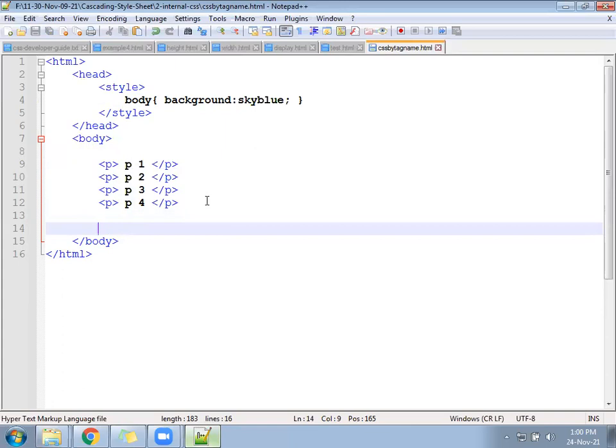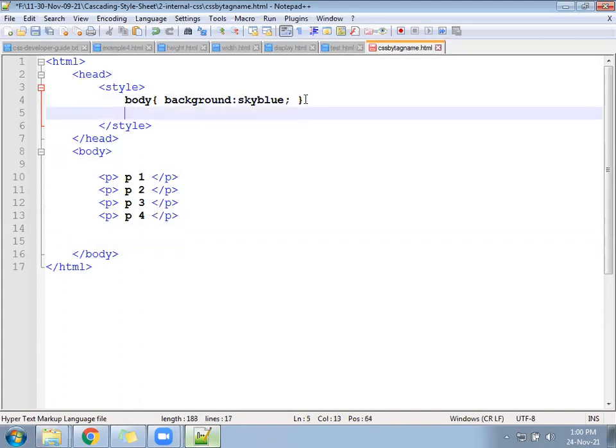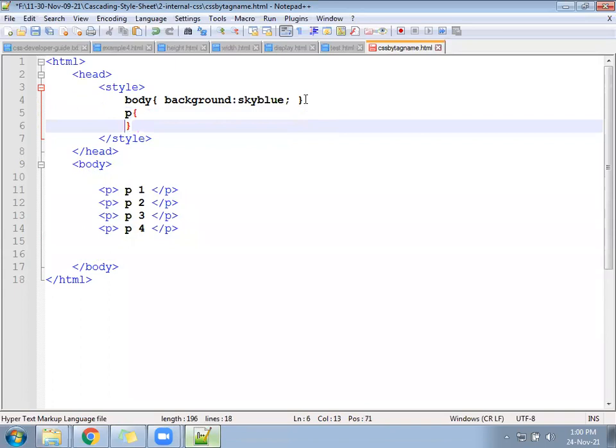Now we want to write some CSS for the p tag, because this example is CSS by tag name. So open the selector called p, and for that add some properties and values. What should happen for the paragraph?